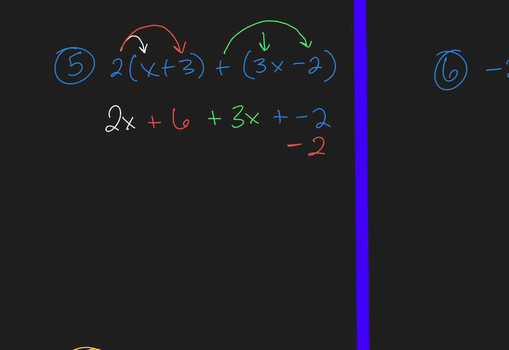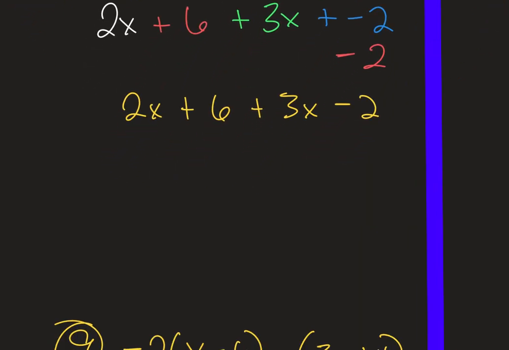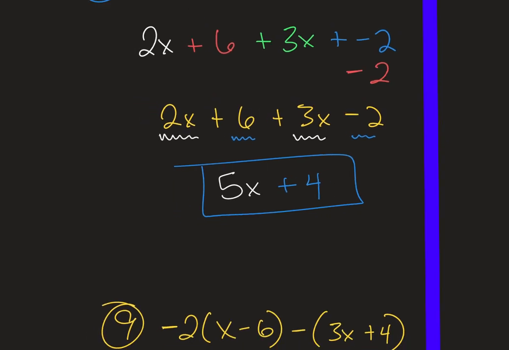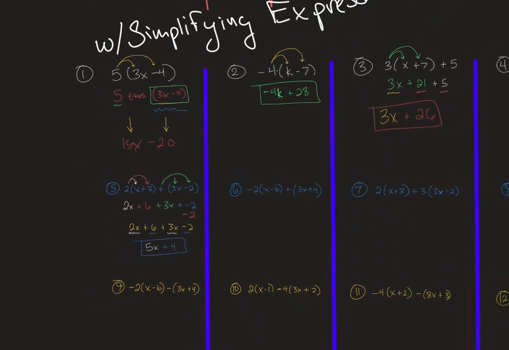So let's write this all as one big thing right here. And I'm going to go ahead and write minus 2. If you want to write that, go for it. So what like terms do we have? We have 2x and 3x is 5x. We have 6 and negative 2, that's 4. We are done. I guess one thing I do need to warn you about, I still am hearing people say,